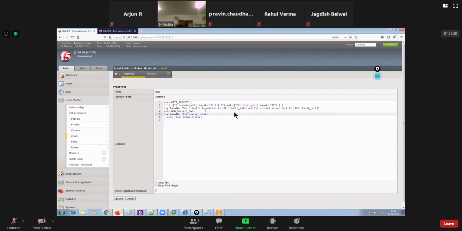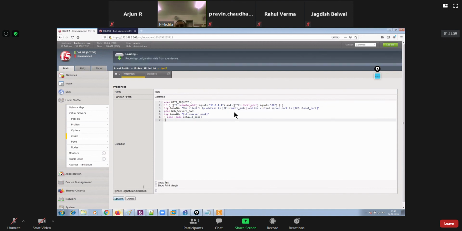Bracket close like this. You could update that now. So you could also log which pool actually got selected over here, right? I mean, I know very well that this is the pool, right? But again, if you want to receive that information within the log message, you can do that like this. Make it 11.1.1 once again, and then update it.